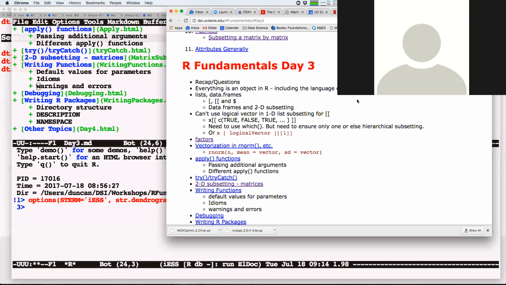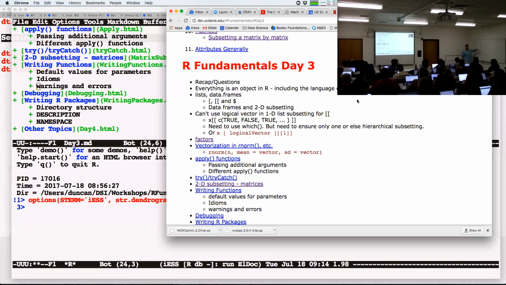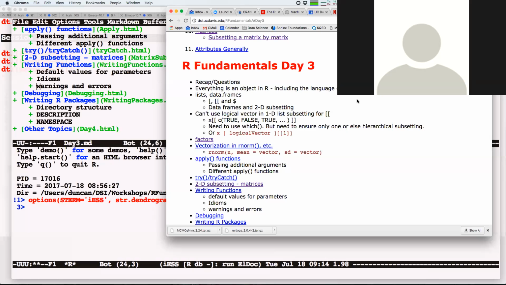This actually works out to be a very, very sensible way of thinking about life for most parts, but in some cases it doesn't, and you get warnings, if you're lucky enough, when this is not a factor of the length of this one. But if they are, and it just happens to be the wrong thing, you're going to potentially end up with the wrong idea. So we talked about vectorization a lot.